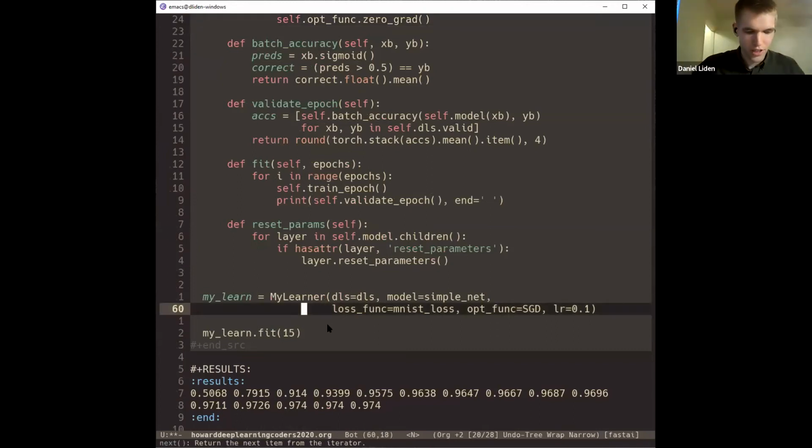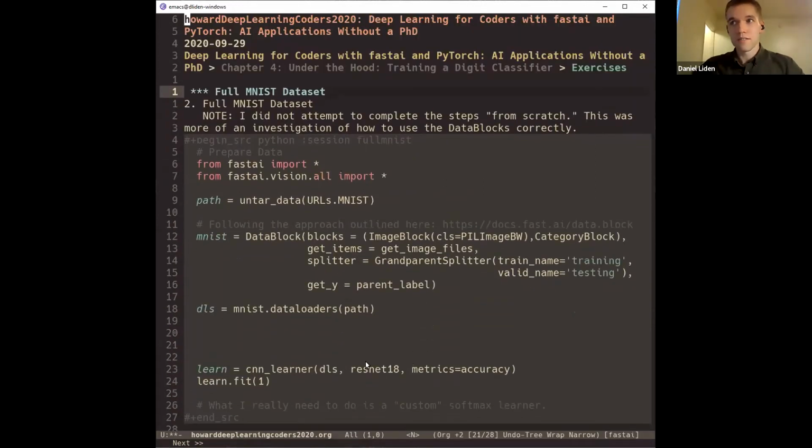Yeah, so I also looked at the second one, which was completing all of the steps using the full MNIST data set. I did not do that, but I did look at the full MNIST data set, and I ran it through one of the pre-built models. I think that this was useful because, in these lines,